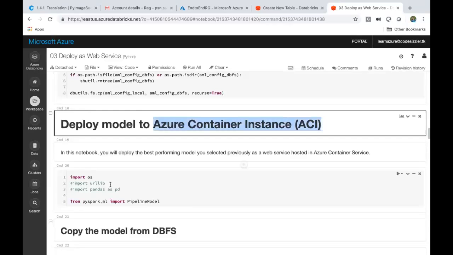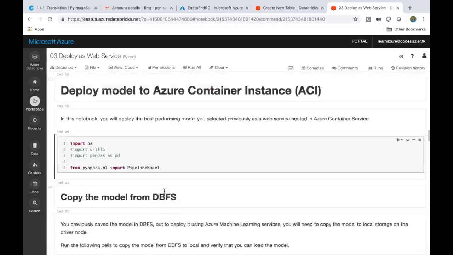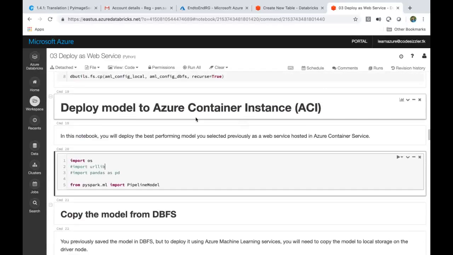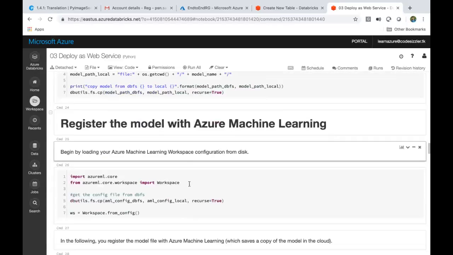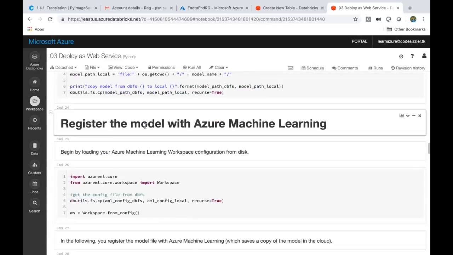So what does it contain? Before using container instances, let me just go down and first register the model. As I mentioned, we can register the models inside Azure Machine Learning, which means, let's say, model 1, model 2, model 3. I'll define multiple models, right? As of now, we have the best model with us. So I have to register this model into my machine learning workspace here, which I'll do here.